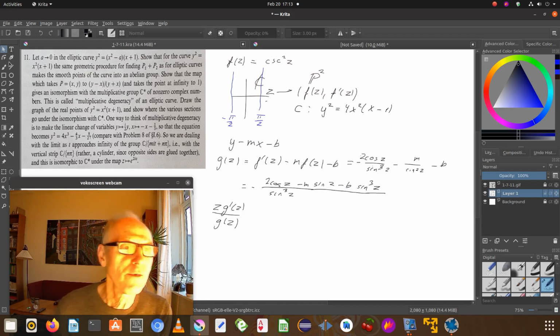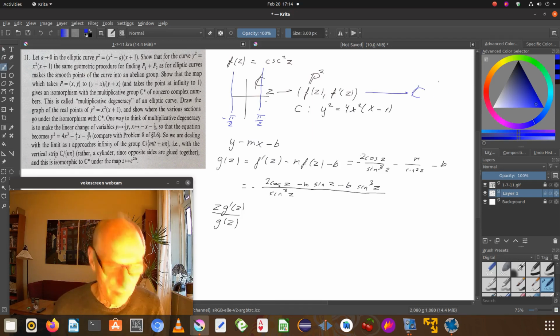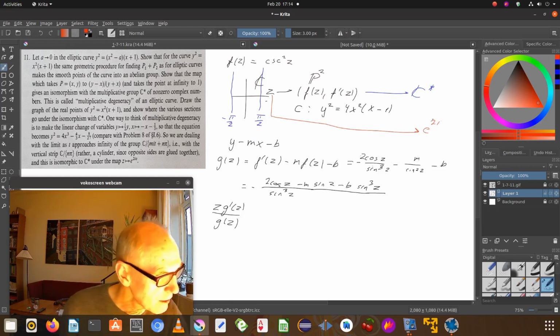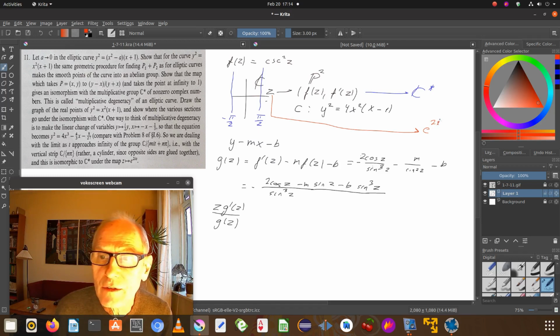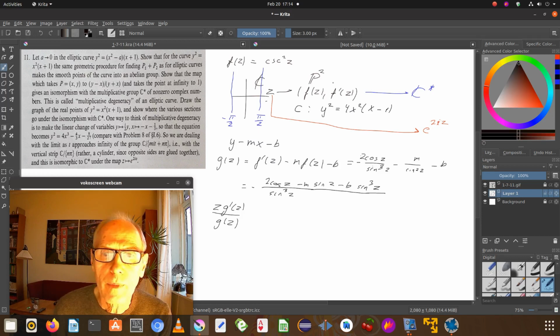But then we need to find a map from here into C, so that the map going from Z over here is E times 2i Z, 2i Z, yes. And we have that Z maps into